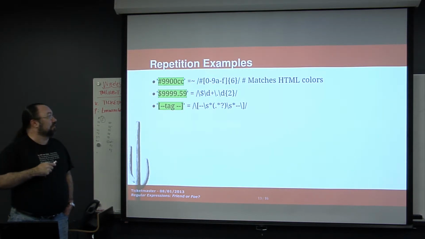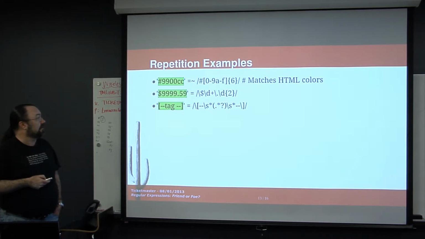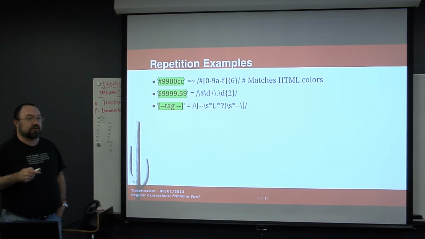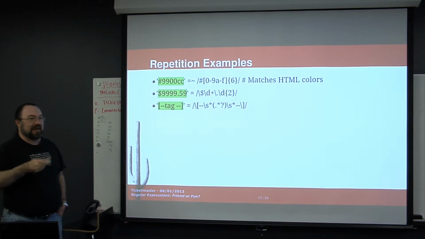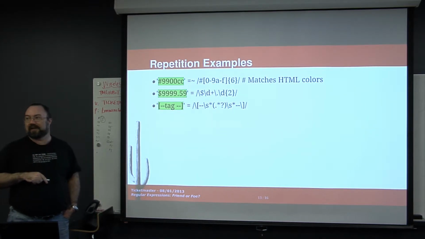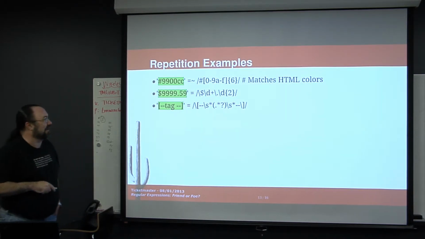If you were, instead of doing currency, doing some sort of scientific or mathematical calculations, you probably wouldn't want to reduce it just to 2 digits. You would want to allow a lot more precision. So does this make sense when I walk you through it step by step, each little piece? That's basically how you have to read a regular expression. You don't read it all at once. Just look at each little piece and figure out what that piece does, and then go on through. Everybody good with that so far? Nobody's had it explode yet? Okay, good. All right.